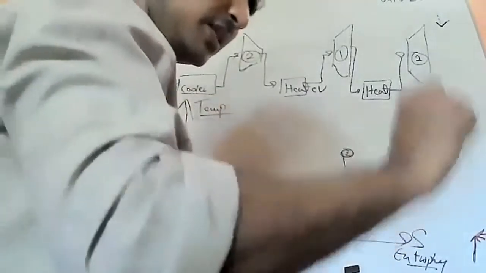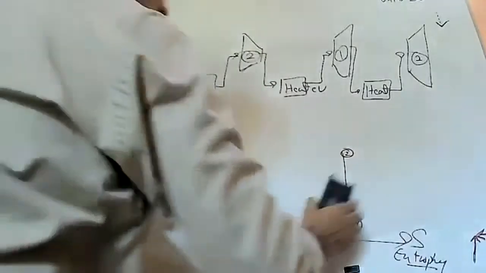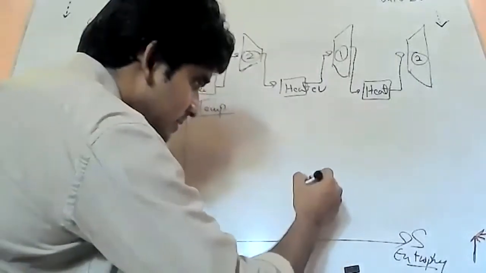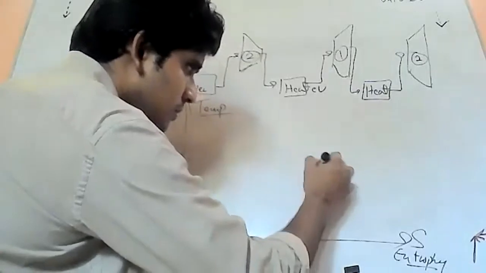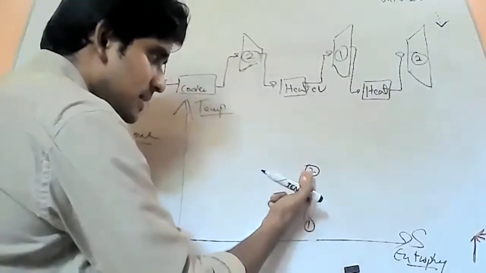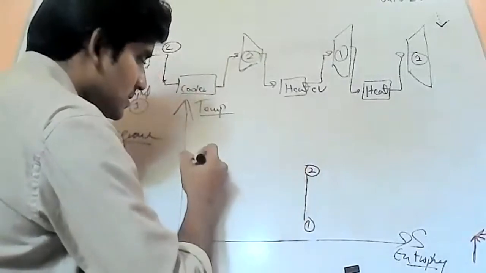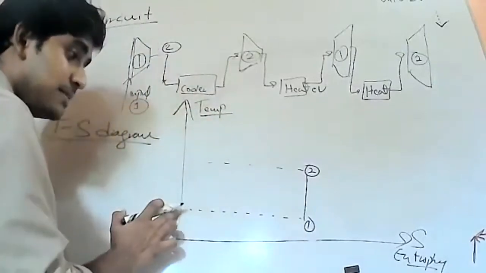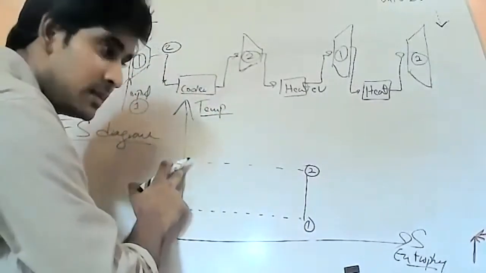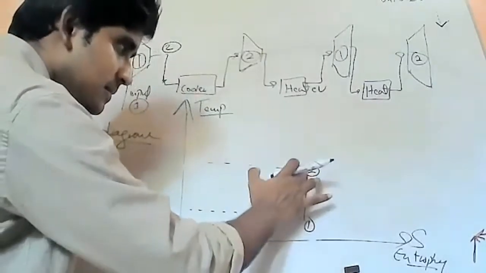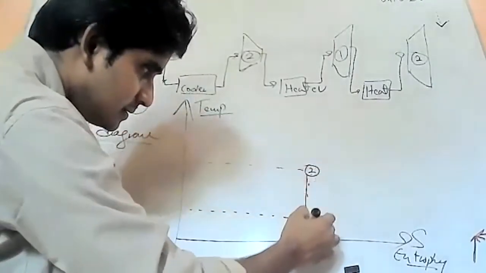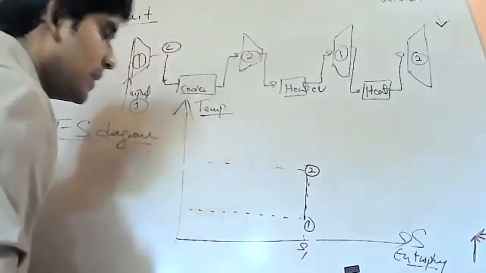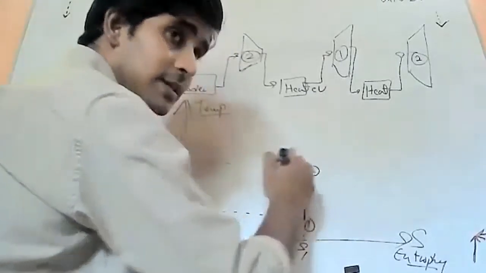Okay, I will reduce the size a bit. Let's say this is 1, 2, right? Because when you are going to compress, definitely the temperature will rise. So this is the initial temperature, and this is the final temperature. Definitely after compressing the temperature will rise, but at the same entropy, see, this is the same entropy level, right? You can say S1 or any level. Okay, so 1 to 2, the first compression stage.